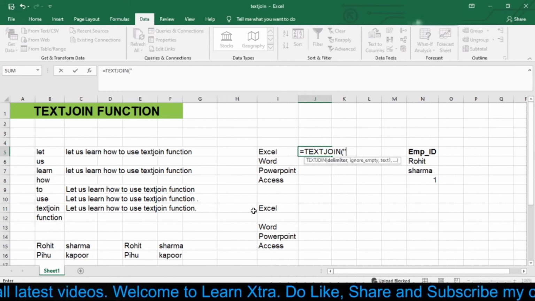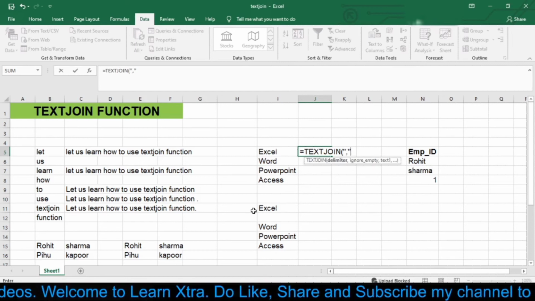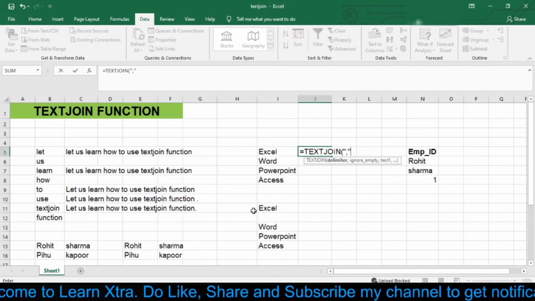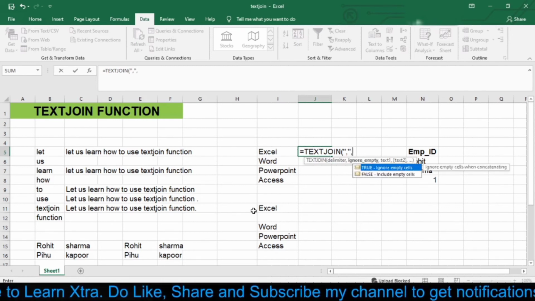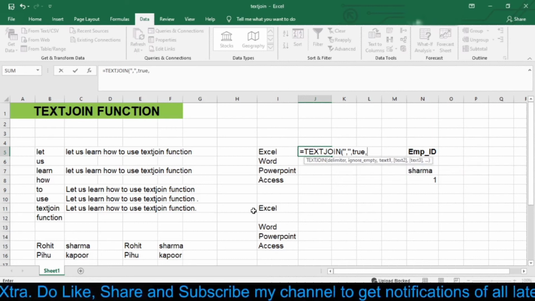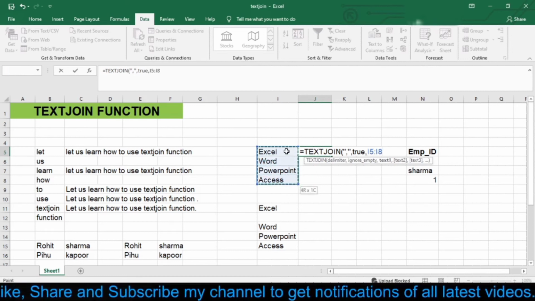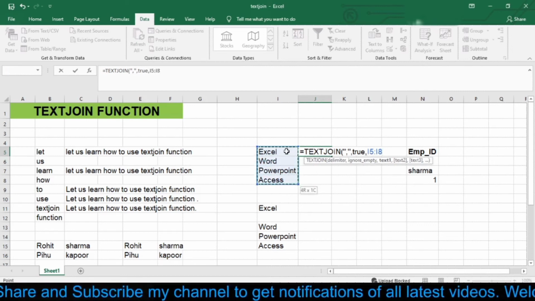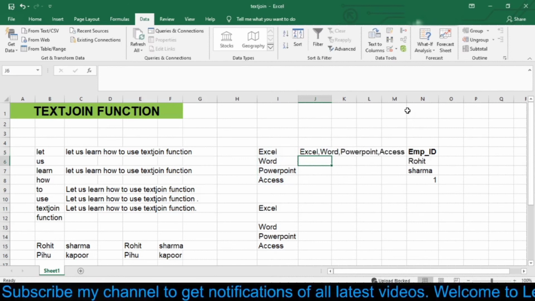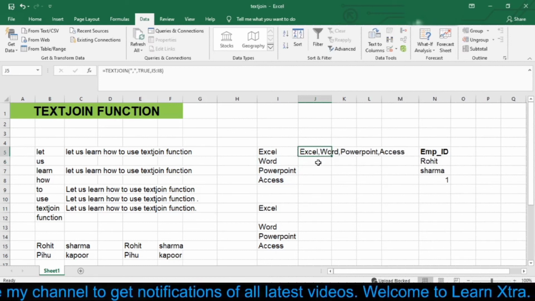So I type a comma in double inverted commas, and then I will type TRUE to ignore the empty cells, and in text I will select my 4 texts, that is I5 to I8, and then press Enter. So here as you can see, I got a comma between all my text, that is between Excel and Word, Word and PowerPoint, and then PowerPoint and Access.